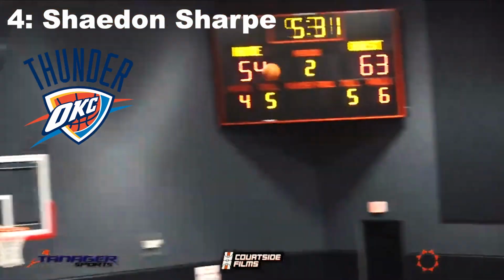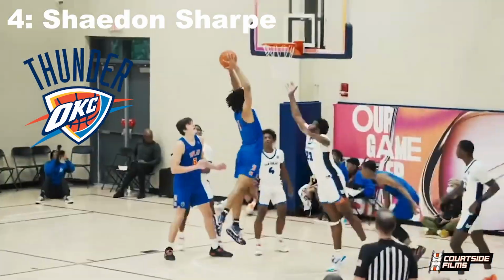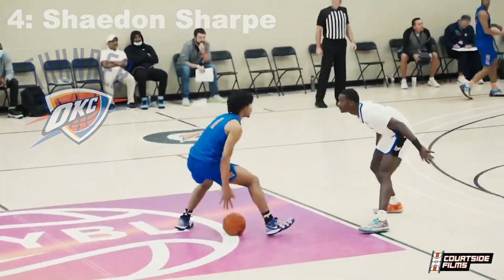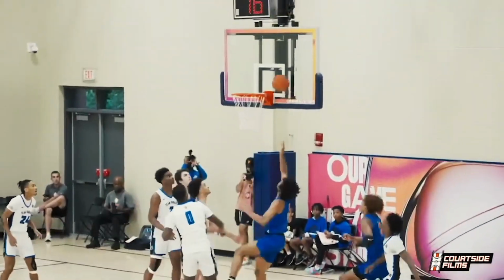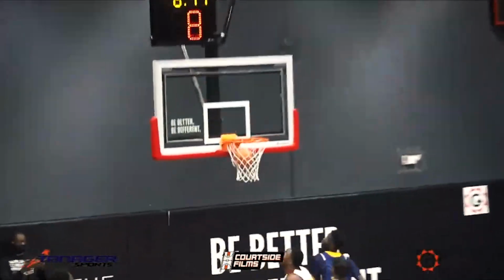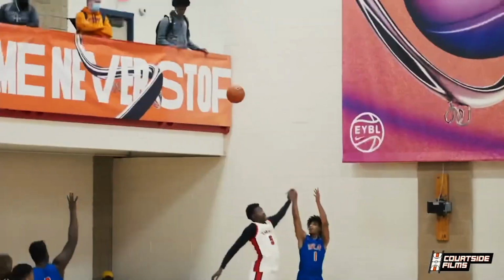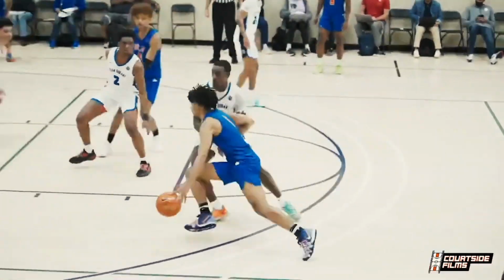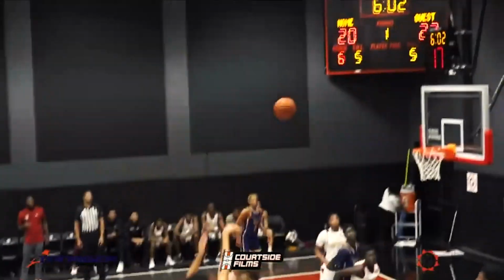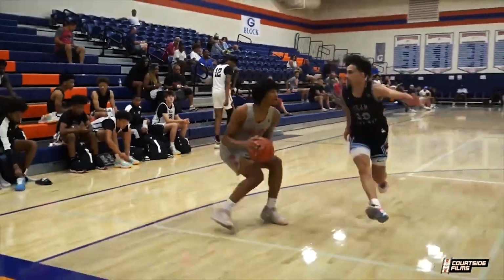Next up, with the fourth pick, we get a new name in the bunch as the Oklahoma City Thunder select Shaedon Sharpe from Kentucky. So the situation with Sharpe is incredibly interesting to monitor moving forward because it could shape the entire draft. Sharpe was actually the number 1 prospect in next year's draft class, but he signed on to begin with Kentucky early in this spring semester, and this semester he's only been expected to practice with the team. Then recently reports came out that he may actually be eligible for the 2022 NBA draft, and if he does choose to put his name into the draft mix in this year,